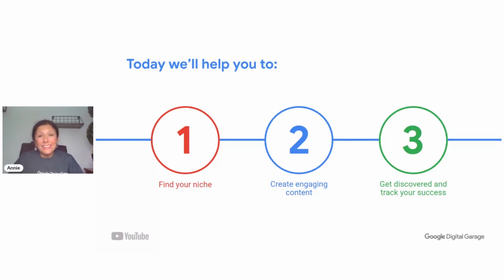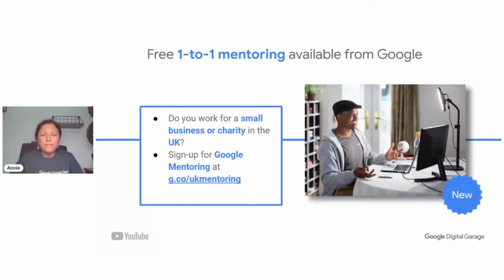Then we're going to look at getting started. So we all have to start somewhere. We need to take those first steps and then look at tracking our success along the way. So how we can measure how effective our videos are doing for us. So whether we're doing it for fun, whether we're doing it for a hobby, whether we're doing it for inspiration for ourselves, whether we're doing it as a money-making benefit, maybe a business, then we will all have a different voice and a different message to share on YouTube. And we'll look at how we can do that together now.